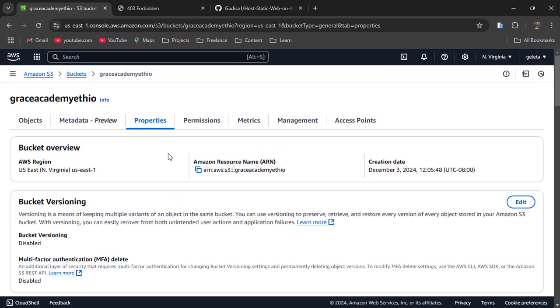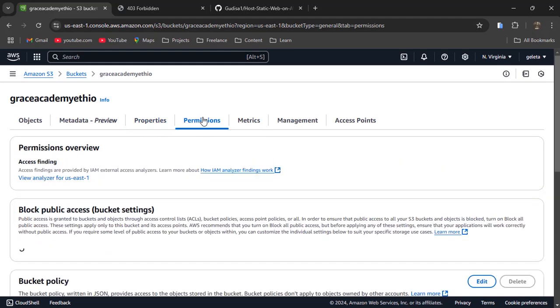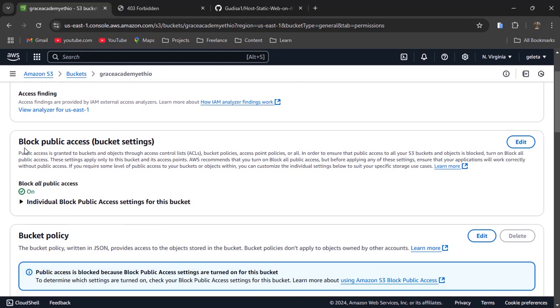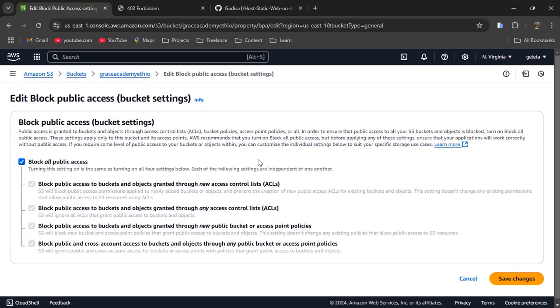So to update the public access, we will go to the permission tab. Here, while creating, block public access, it says, so we want our static website to be publicly accessible, so we have to edit this property. As you can see, while creating, I have said to host our static website and to make it available on the internet, we have to uncheck this block all public access checkbox. So we have left it as it is while creating it, but now we have to